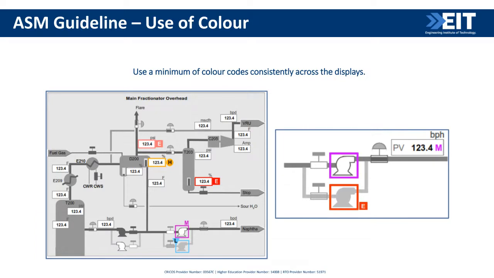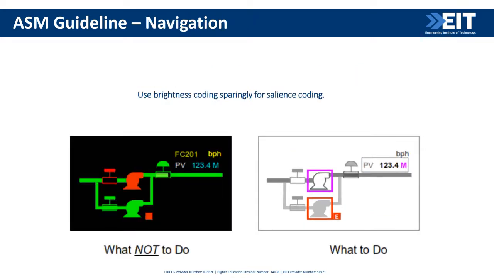So usually it will be normal colors, and if they want to see, they can click on a button, and that will provide them that information. So the next one is